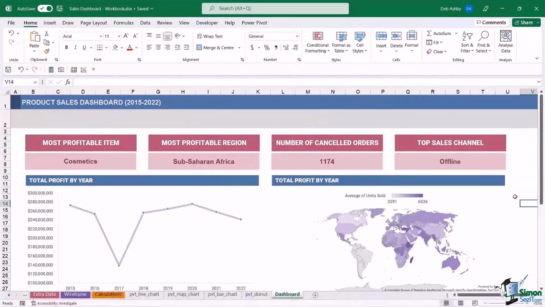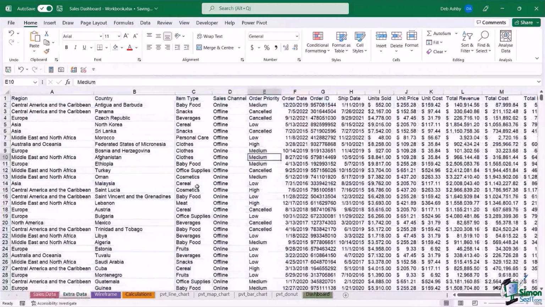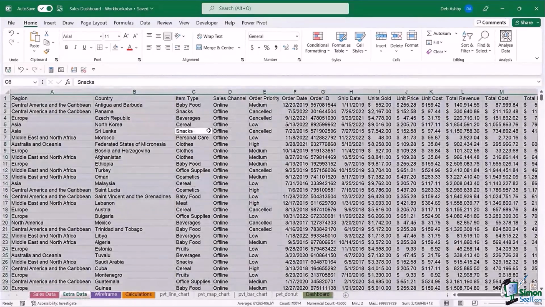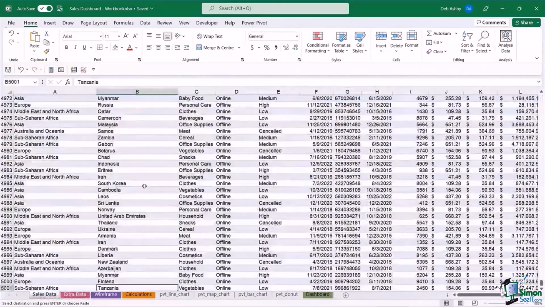And let's see, what's the time? We're slightly over the very, very last point, which is a very important point, updating your dashboard. So if we go back to our sales data, you can see I've got an extra data tab down here. So let's say this is the next year's sales, what I can do is select the data, Control A, Control C to copy, and I'm going to paste it onto the bottom of the data in the